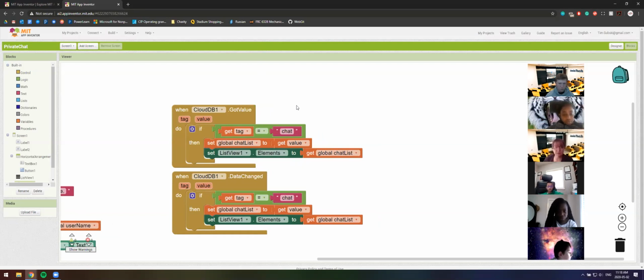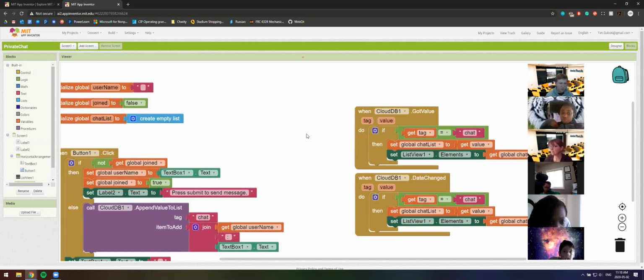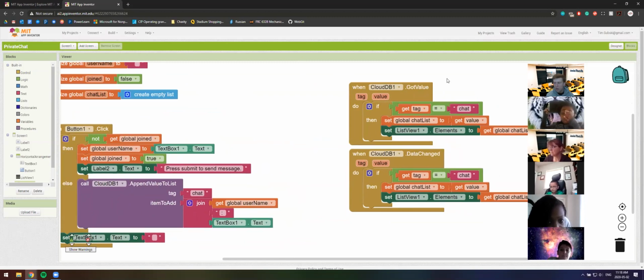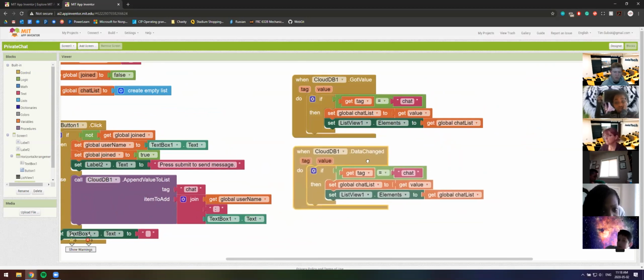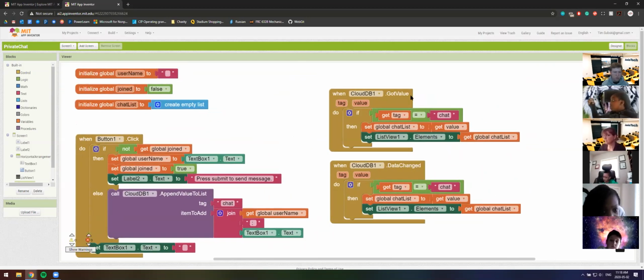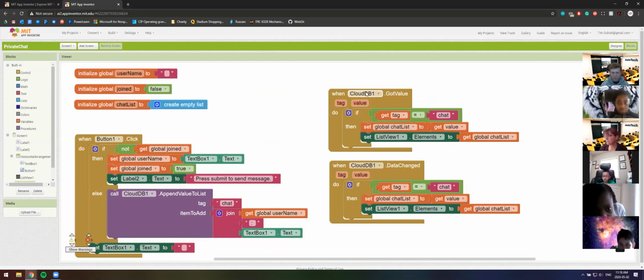Can you explain a little, Tim, to people what the cloud is, and especially the cloud database? While we're waiting. Yeah, so for the database part, I'll talk about that in a second. Basically, when we're making any kind of app that needs to connect information from multiple devices at the same time, we're going to have to use something that stores all this information at one point in the internet. So this thing here that says CloudDB basically means that the information being